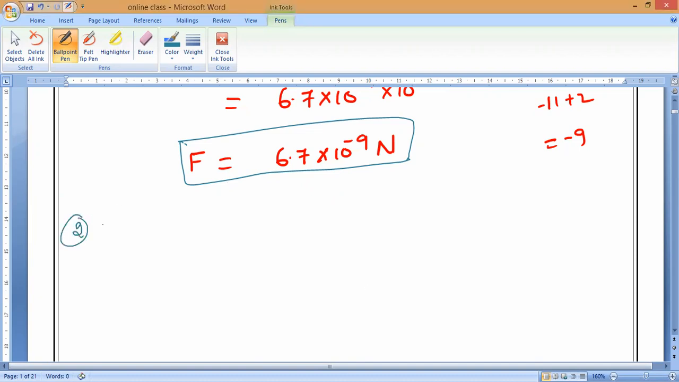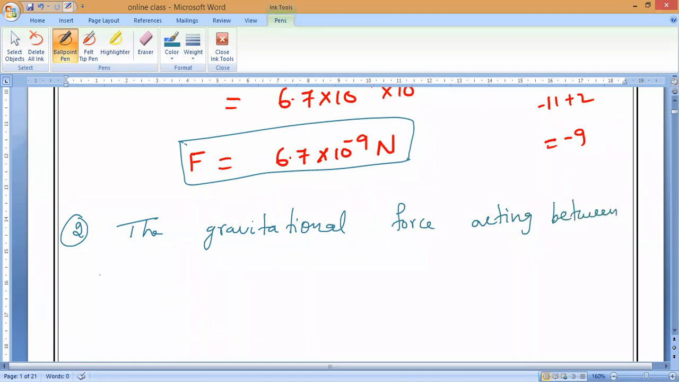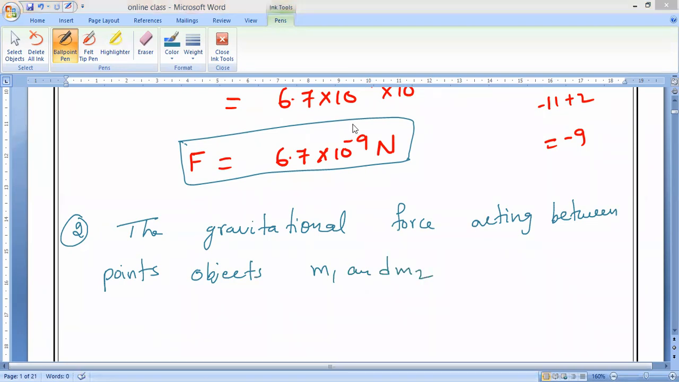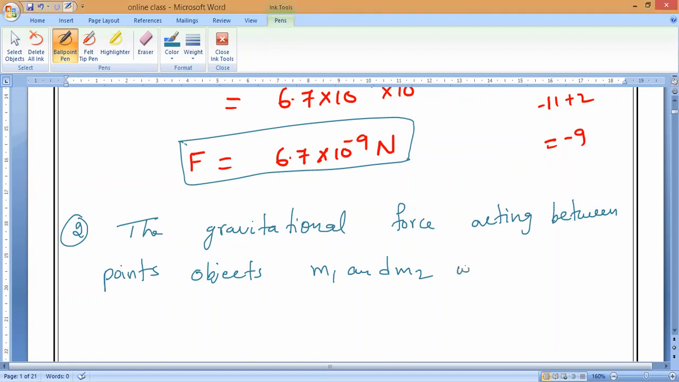Question number 2. The gravitational force acting between point objects M1 and M2. Both are the same point objects. Did you notice what I am saying? That is what we should call point objects. Point objects means mass is also the same. M1 and M2, which are separated by a distance,